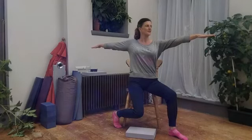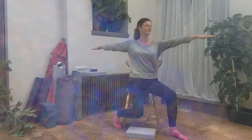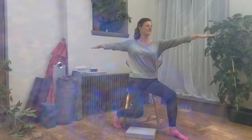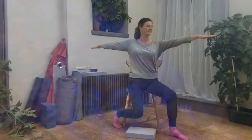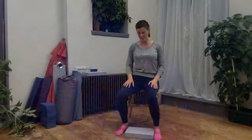Bring your attention back to your breath as you hold this pose. Try not to move too much. We'll find stillness for just a few breaths here. Stretch your fingertips out away from each other. Lovely. Exhale, relax the hands, come to sitting forward in the chair, couple of shoulder shrugs, and then take these